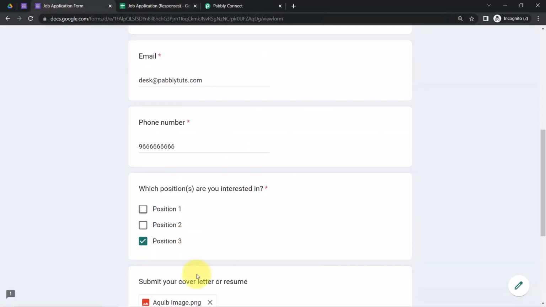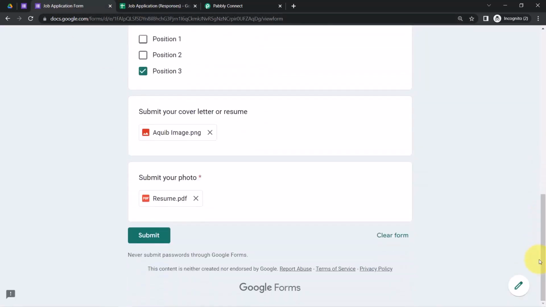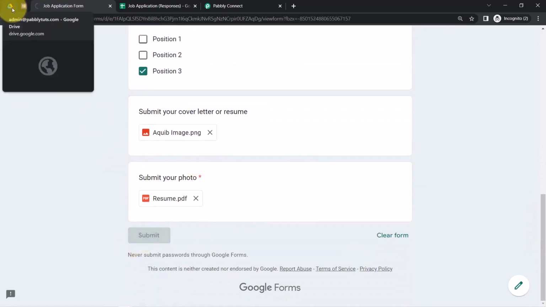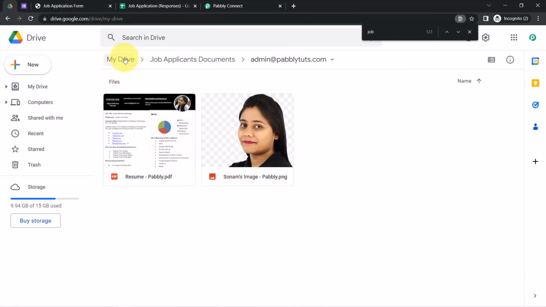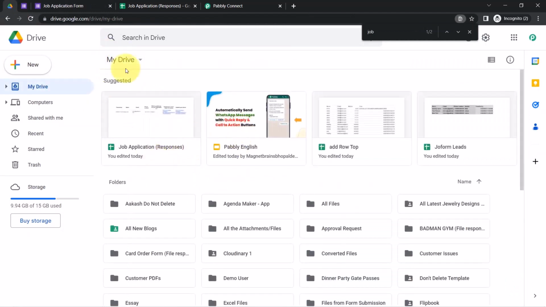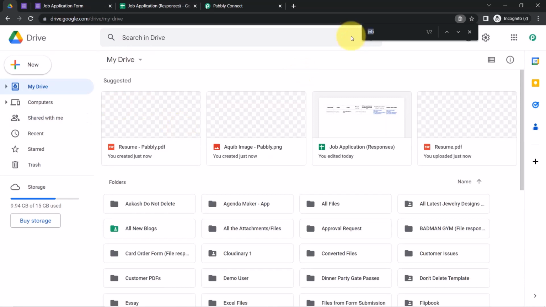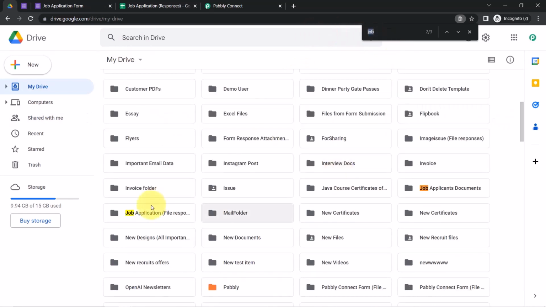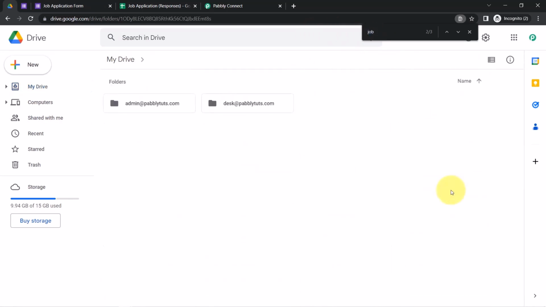Okay, now I'll be filling out this form, and you will see how interestingly these documents will be added, uploaded automatically. Basically, a new folder will be created automatically in that job application form. Okay, here is the folder. Let me open that, and here you can see